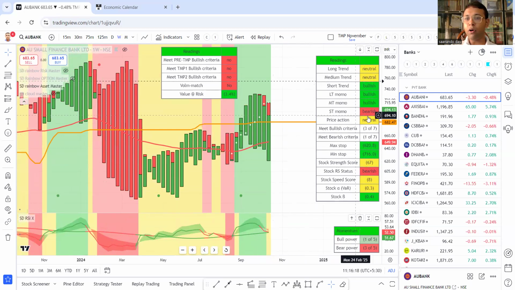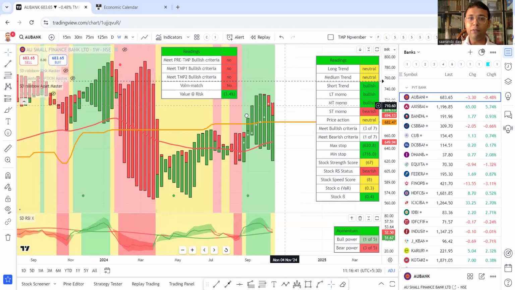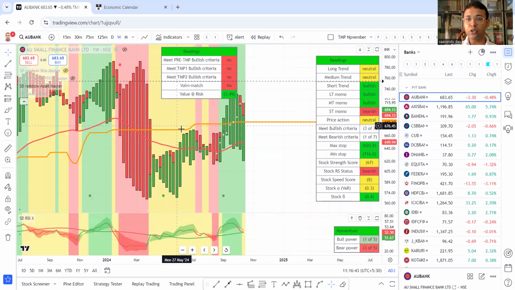Candle, a fight going on, price action is neutral, plus short-term momentum, ST Momo, is bearish. This is the TMP criteria, of which I need at least one. There are 1, 2, 3 criteria. Now at least one is needed. It is satisfying none of the criteria. Though the value at risk is low because there is a strong support base and it can very likely bounce back, but now